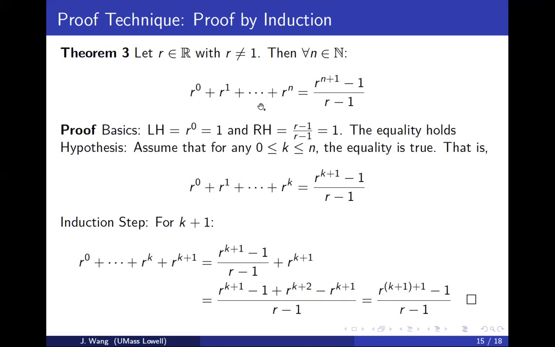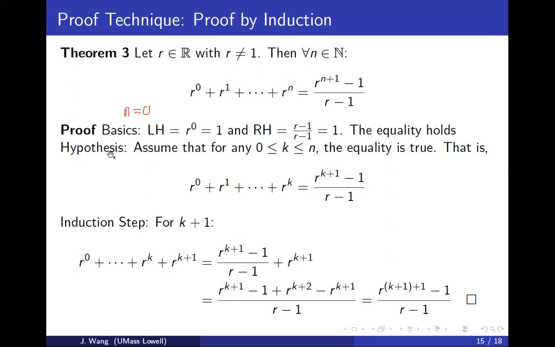By induction, we have 3 things to do. One is to do the basis, then we do a hypothesis, and then we do an induction step. So the basis: the left-hand side is R to the 0, which means when n is equal to 0. And the right-hand side when n is equal to 0 is R minus 1 over R minus 1, that's 1. So both sides are equal, so the basis is